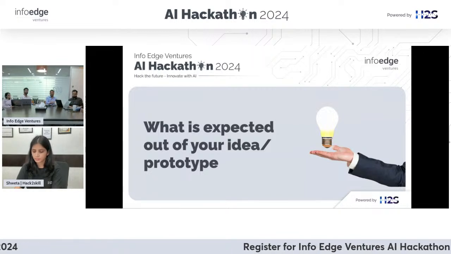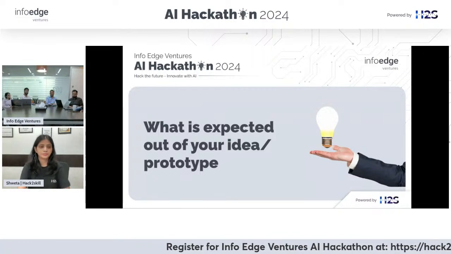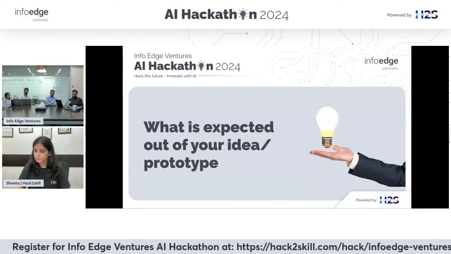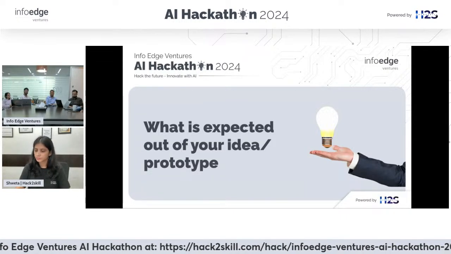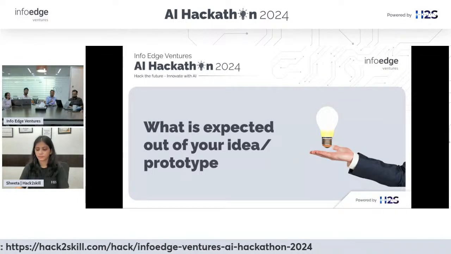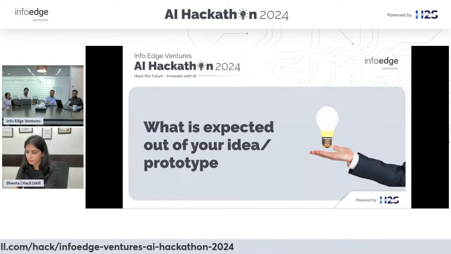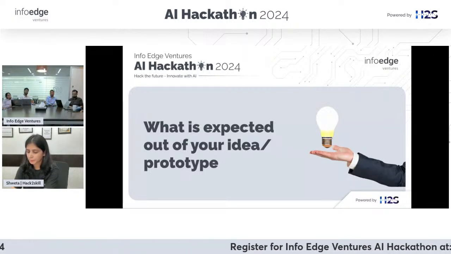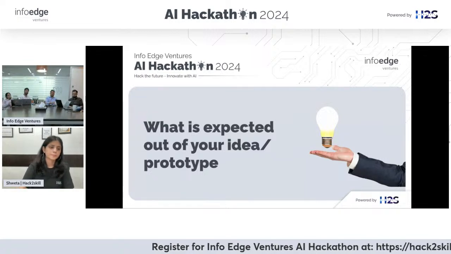Over the past year and a half, two years, there are a lot of open source technologies within AI as well, so we would in fact urge you to use some of those to come up with a prototype. Again, we don't expect something really complex, as long as it is solving the problem today and you have some idea of how the prototype would evolve. If you are given an opportunity to build a business out of it, how would it look a year out, 2 years out, and 3 years out?